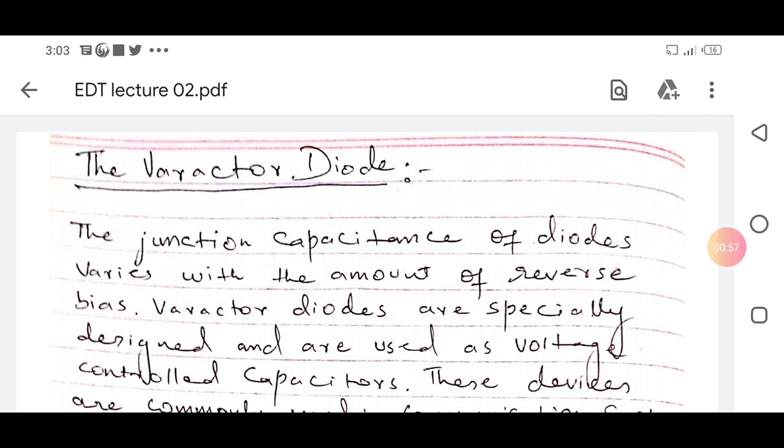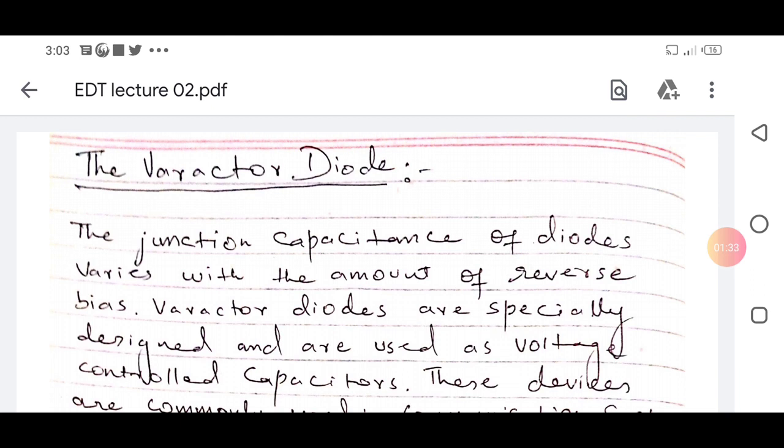As you already know, a diode is a PN junction, and the junction of a diode also has capacitive properties. So the diode junction has capacitive properties. That's why we call it junction capacitance. Why is it called junction capacitance? Because the junction of the diode, which is also called the depletion region or barrier potential, has